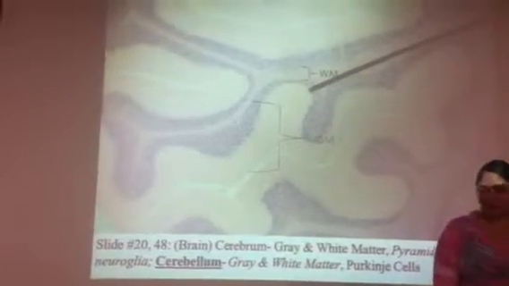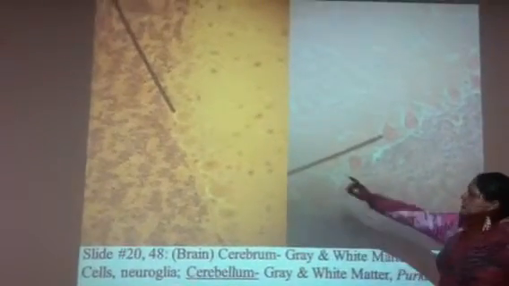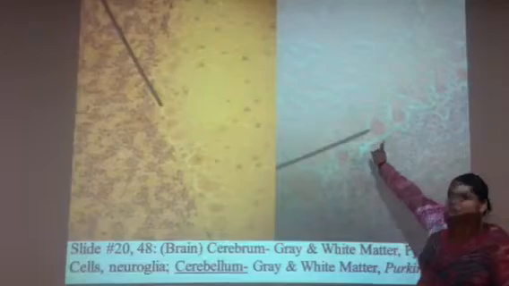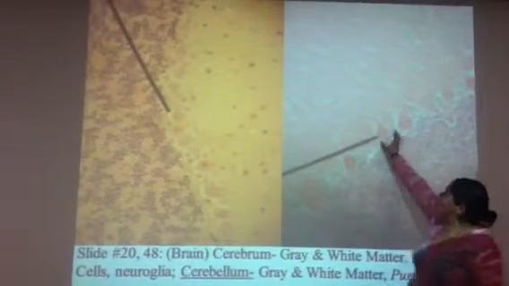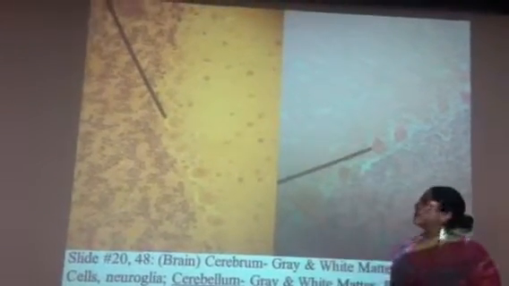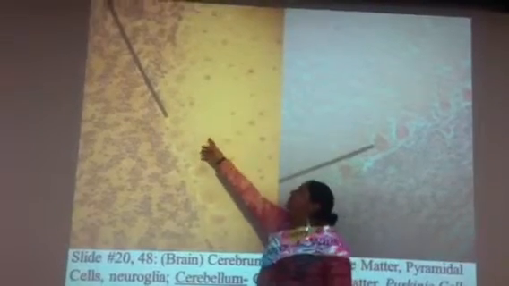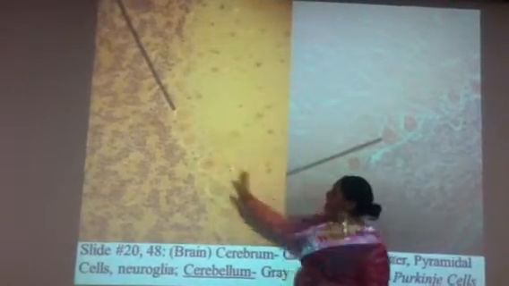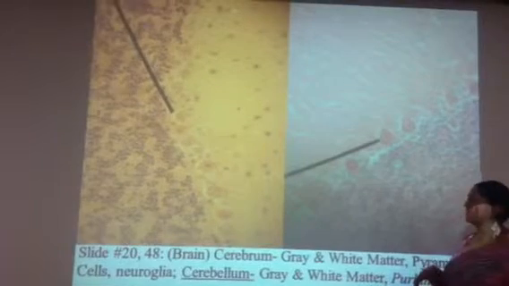Okay? In the cerebellum, you will find these cells. These are Purkinje cells. We call them the radishes because they kind of have that shape, and then they'll have branches coming out. Like for example, in this tone of it, you can see the branch more clearly. It looks like